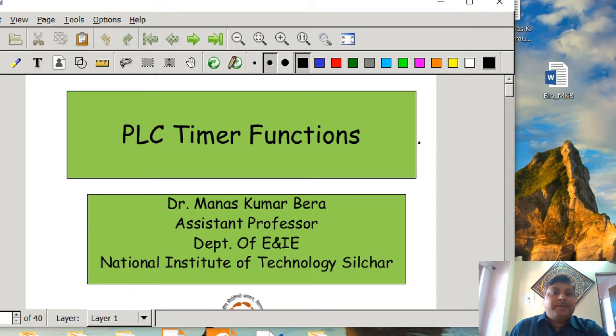Last class we discussed the register basics and understood the different uses of registers. Today we are going to discuss PLC timer functions. Previously, whatever PLC logic we developed using ladder diagrams used only coils and contacts. Additionally, with the coils and contacts, we will now use timers to understand certain